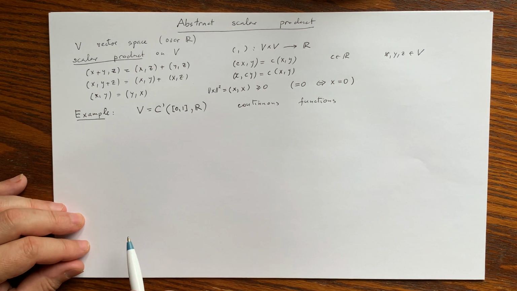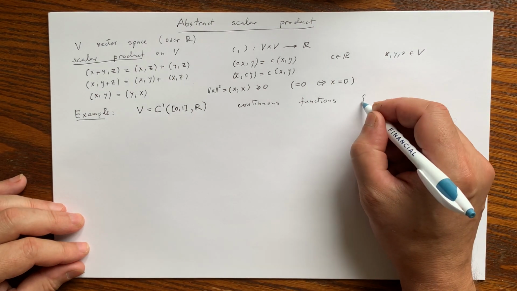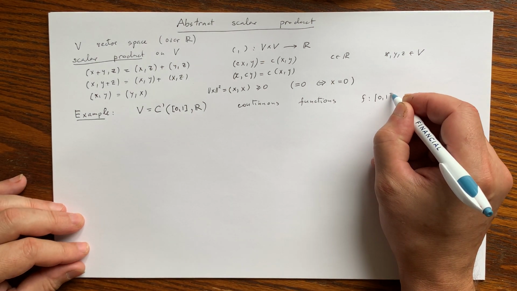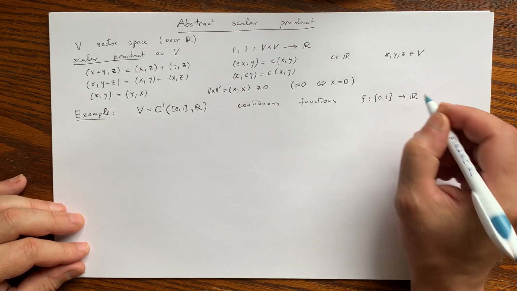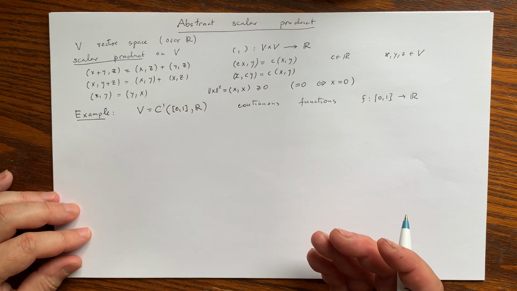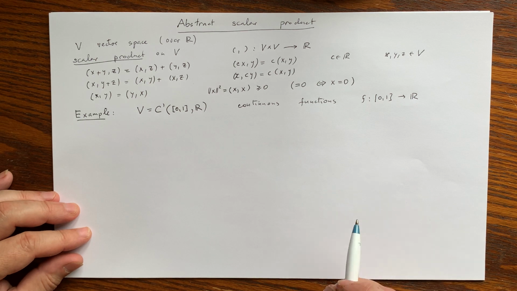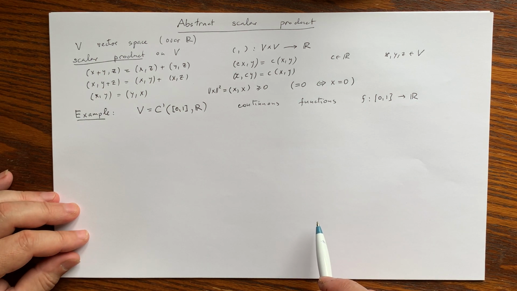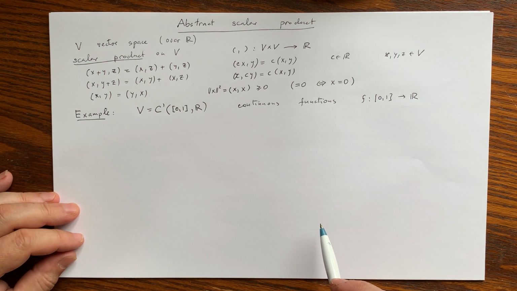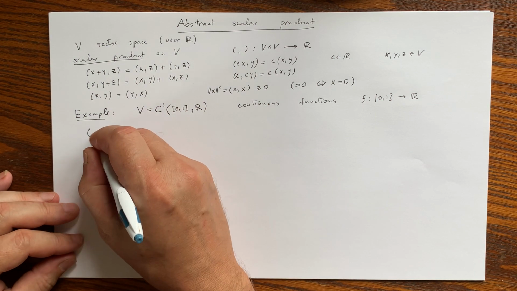So our vectors are this type of functions. And we can add these vectors, we can multiply them by numbers, and they will still be continuous. And then define the scalar product